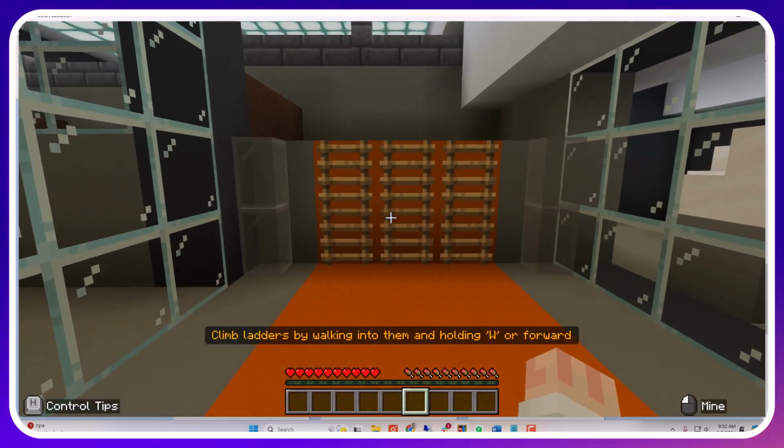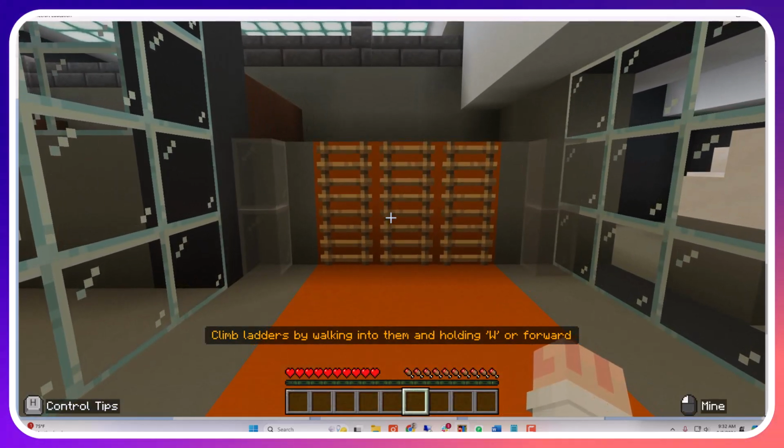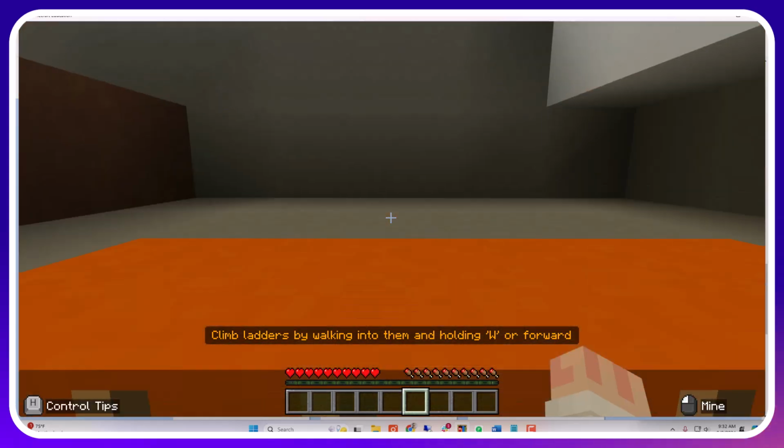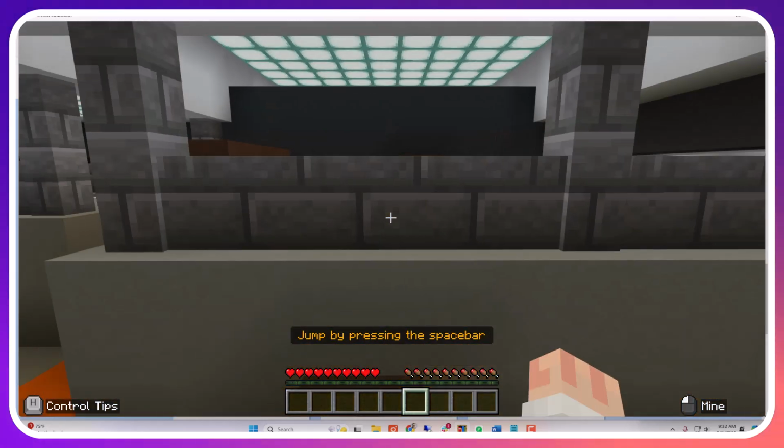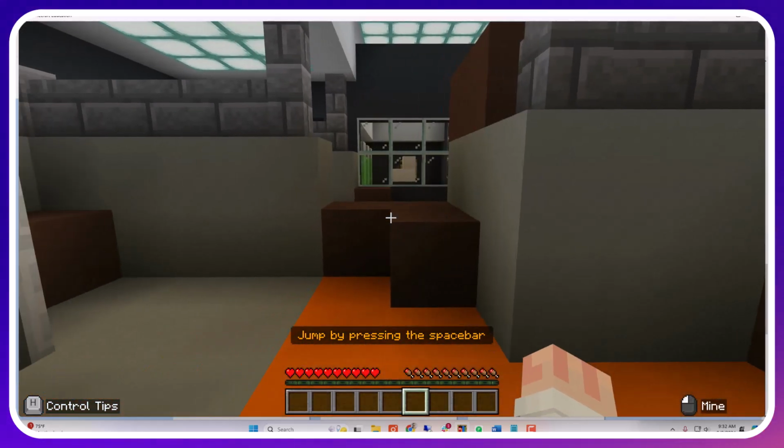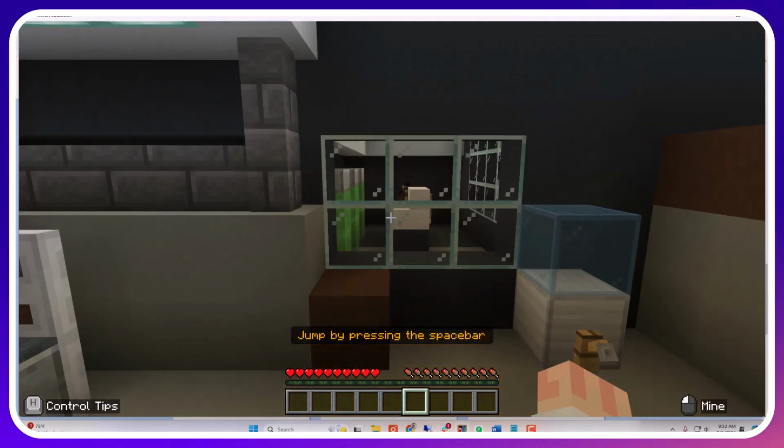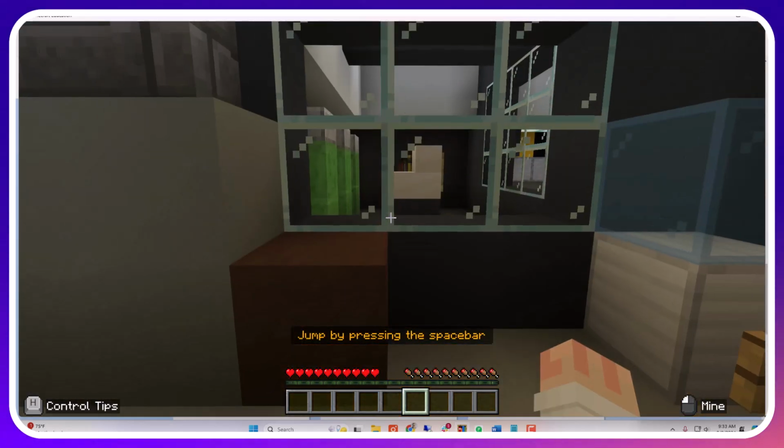Once you get to the staircase, see how that notice changed? It's letting you know that to climb the ladders, you're going to hold W or forward. So you're just going to walk right into it and it's going to climb it right up for you. Pretty straightforward. And then you're going to navigate yourself through this section, which I personally always get lost in here